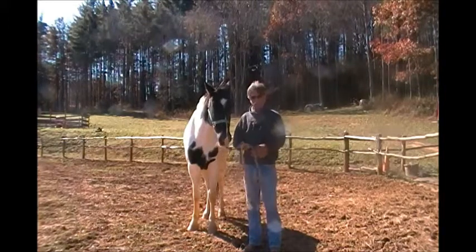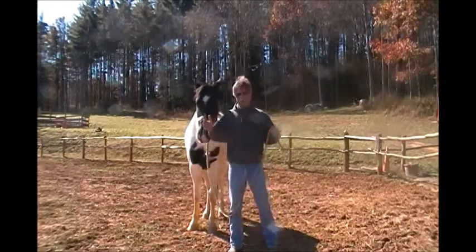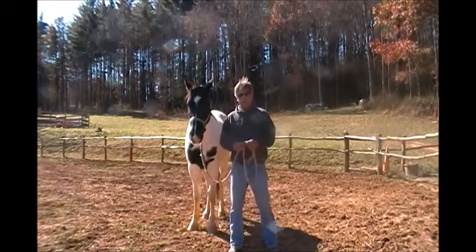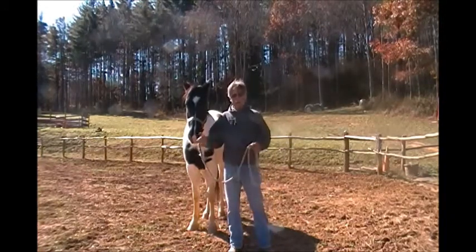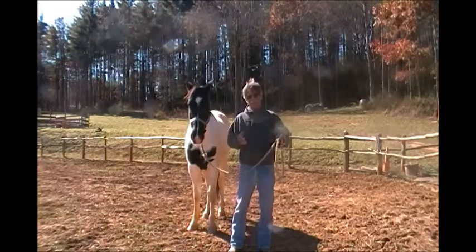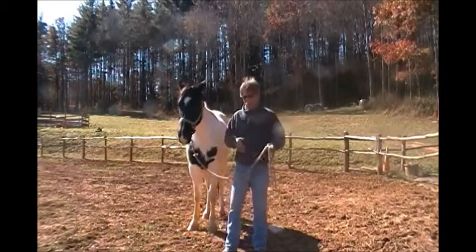A lot of times when I show people this in the saddle, how to move the shoulders, it feels so good. They just get going and they don't want to stop. And they go until the horse quits. He stops. They may take 10 or 12 dozen steps or whatever, and then the horse stopped on them. He's quit. So if the horse quits, say at 12 steps, next time he might quit at 10 steps or 8 steps. And the next time he might quit at 6 steps or 5 steps. So it's important to keep the horse's cooperation going by only asking for a step here, maybe 2 or 3